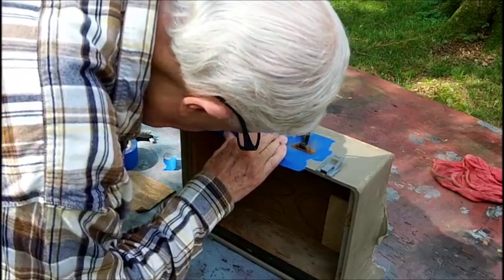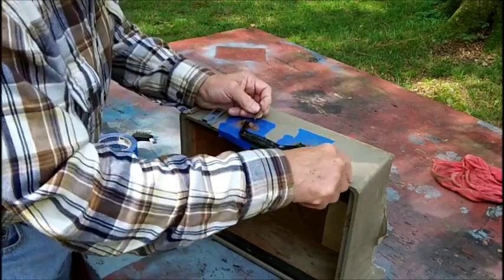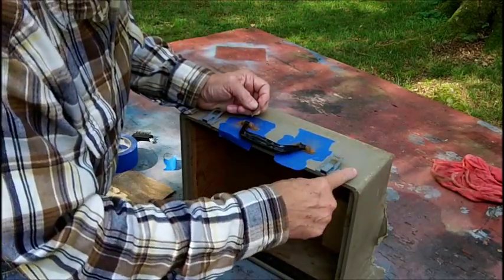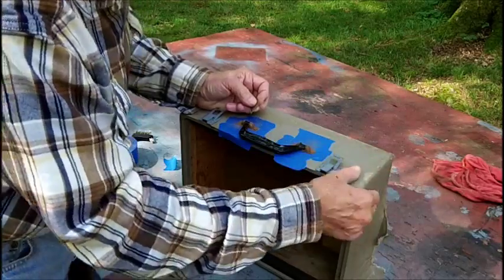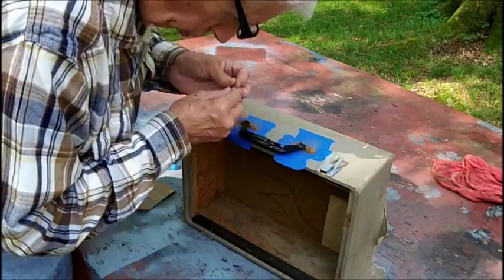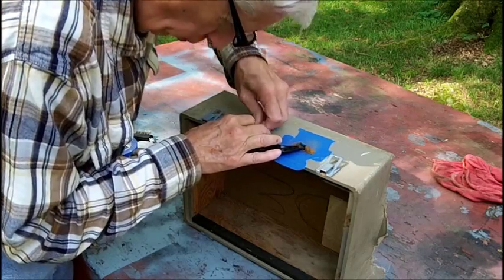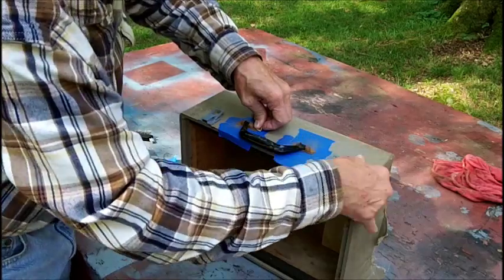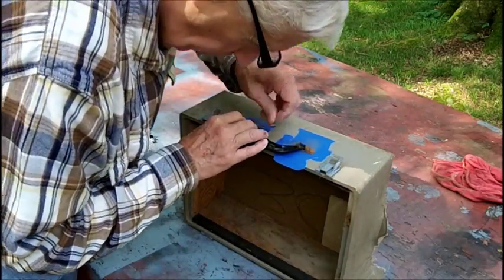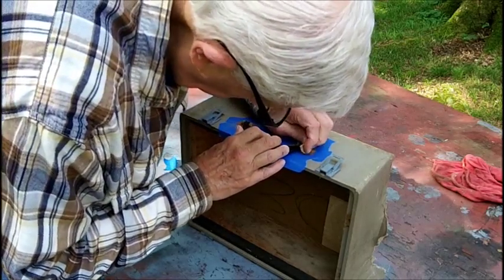I may paint the entire case a different shade. I'll probably do that, because you're never going to match this color. I'm not even going to try. I want to get something close. You know, I can even paint it black. That's what a lot of these tube tester cases were, black. I don't have black. I have latex black. That would be fine for this material, as a matter of fact, preferred for this. But on metal, you want to use oil-based. I think we're going to...